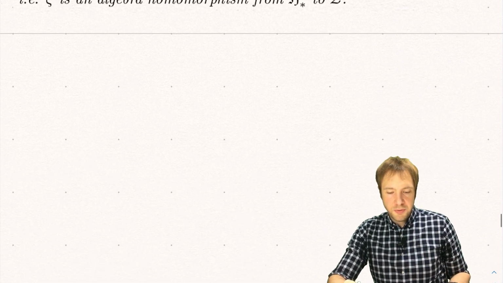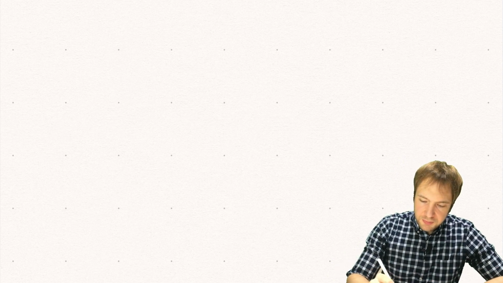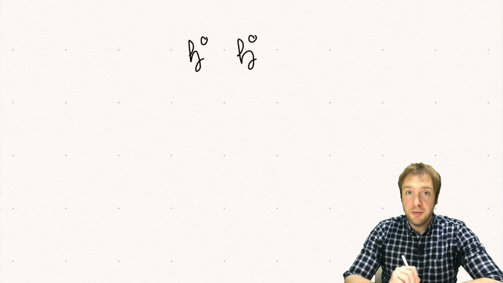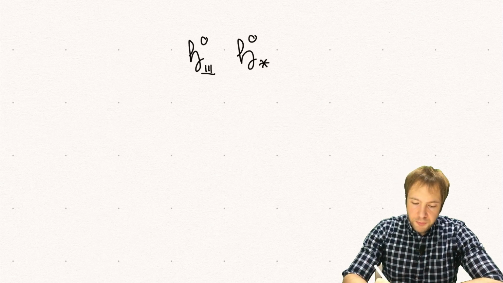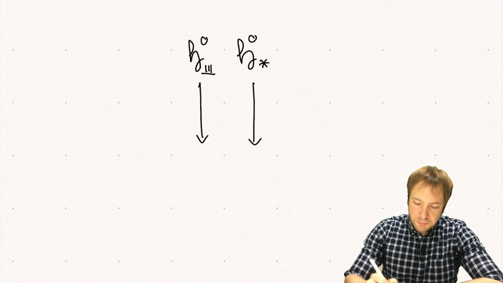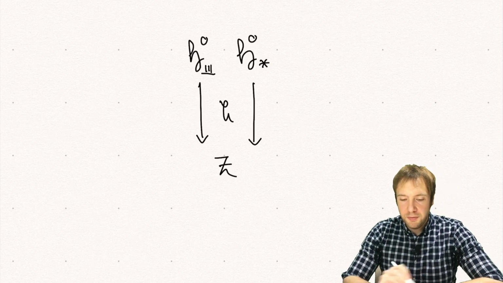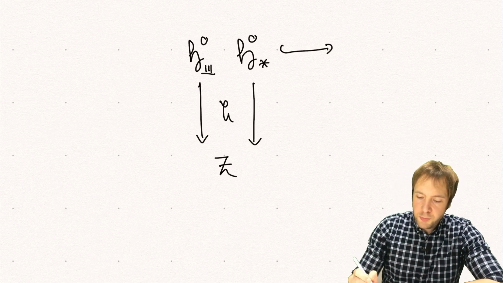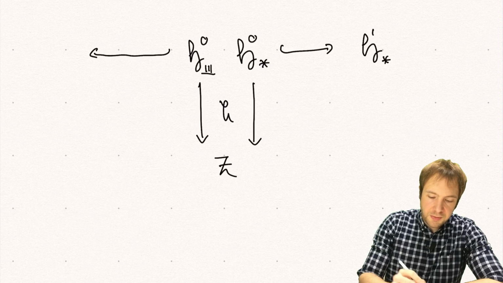Okay, so now I want to summarize what we did. So we had these H0, and on this base we defined two products, the shuffle product and the stuffle product. And for both of these products, we had this zeta map to the space of multiple zeta values. And for both of them, this was an algebra homomorphism. And these spaces were contained in the algebra H1 stuffle. And this was contained in the algebra